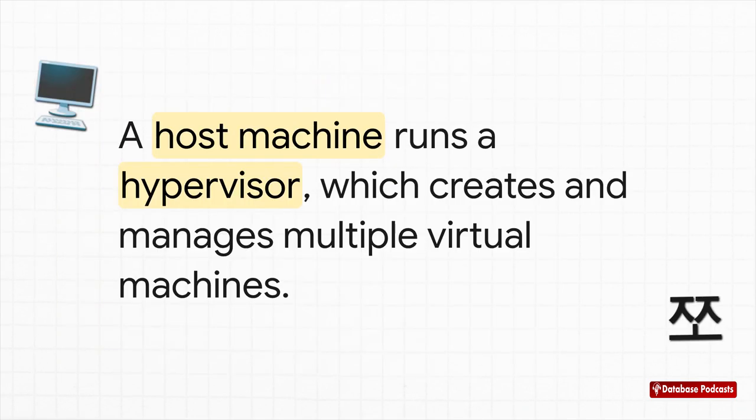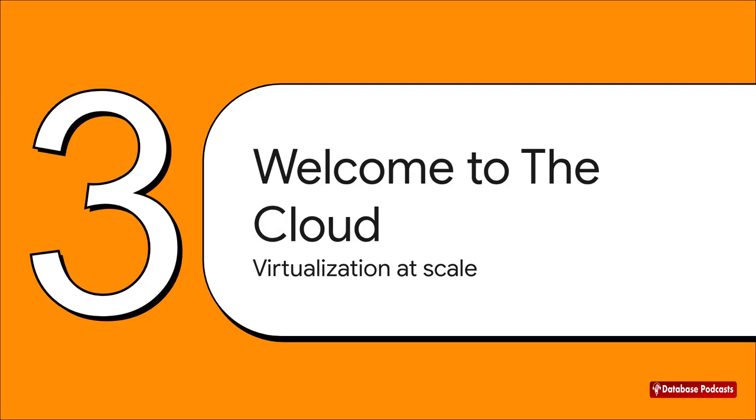So this is kind of how it all stacks up. At the very bottom, you have your physical server, the actual metal. On top of that, you install the hypervisor. And then that hypervisor can run multiple, completely isolated virtual machines. Each one can have its own operating system, its own apps, and to each of those VMs, it feels like it has the whole machine to itself, even though it's sharing. Pretty cool, right? Okay, so what happens when you take this incredible concept of virtualization and just blow it up to a massive global scale?